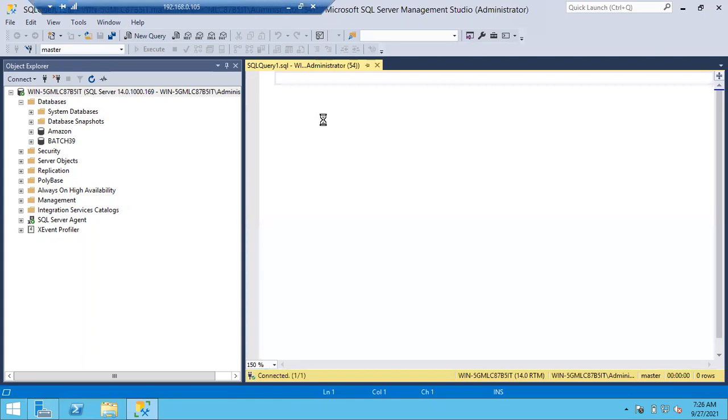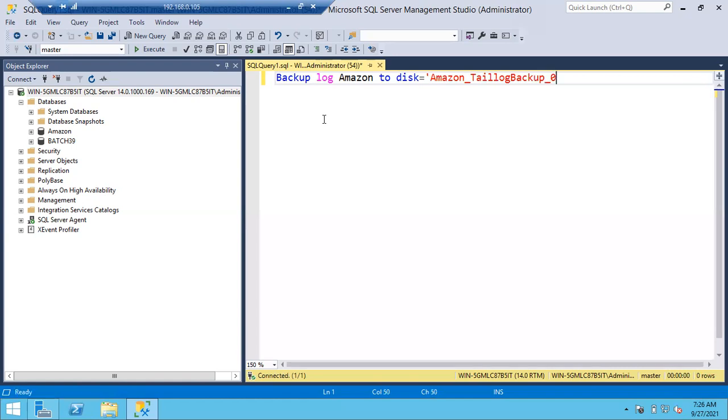BACKUP LOG database name Amazon TO DISK = 'file name.bak', Amazon_tail_log_backup. Try to include the date and time, it's very important: 07 09 2021, underscore time is 0726 server time, something like 20 seconds, .trn.